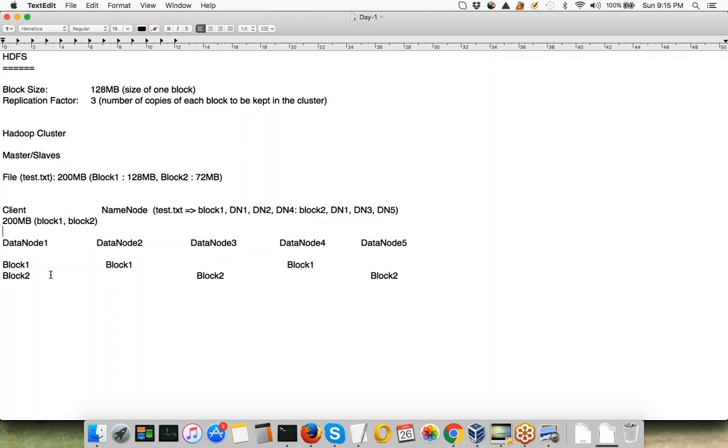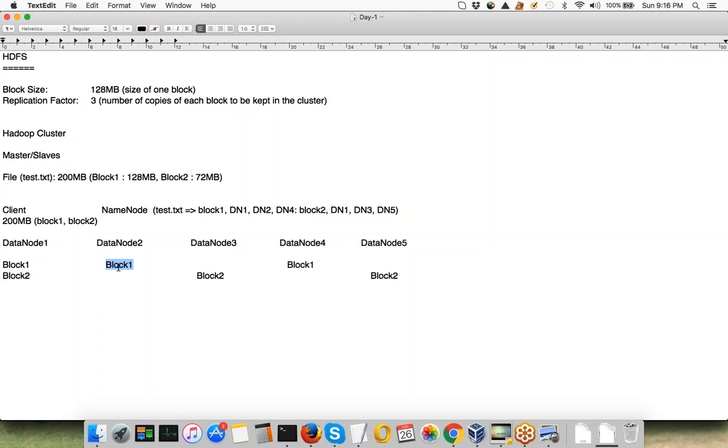Now, why are we replicating the block? So the first thing is, the client is writing these two blocks in parallel. The client can open two threads and start writing both the blocks in parallel to data node 1. But the replication of the blocks is happening in sequence, which means once block 1 is written completely on data node 1, after that its replication will start, right?